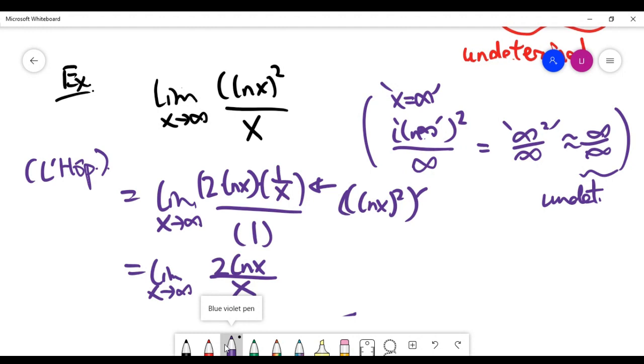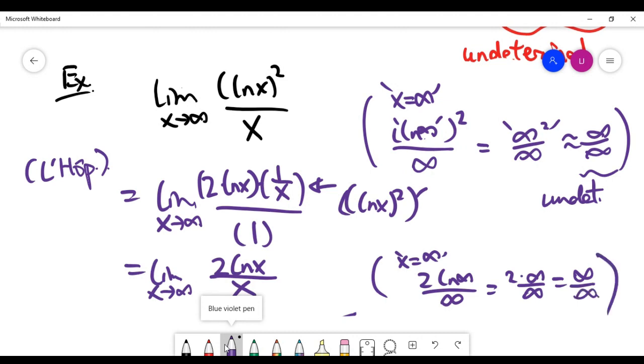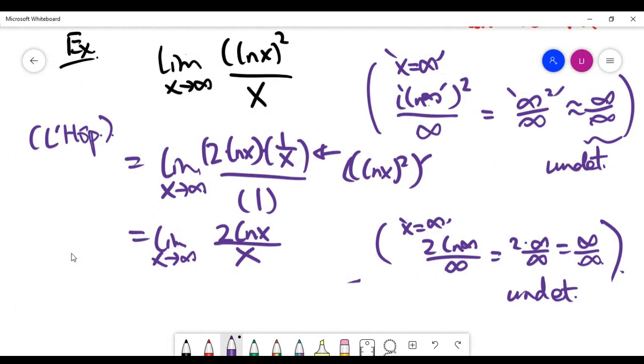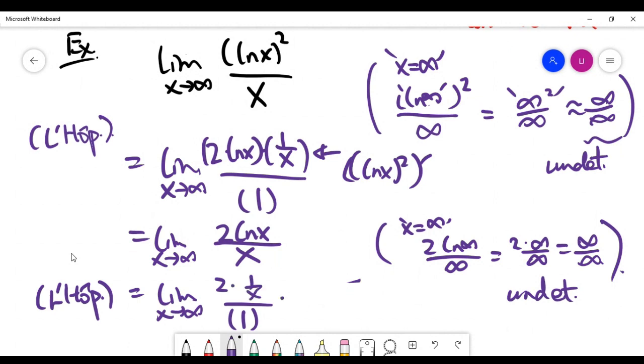And once again, if you replace x by infinity now, conceptually, you still have something like infinity over infinity. Which means once again it's an undetermined item, and you don't know the answer by this stage, but it doesn't matter to us because as long as we use the L'Hopital's rule, we'll see what's happening. So if you use the L'Hopital's rule now, for the top and bottom, we find the derivative separately. The bottom is 1, the top is 2 times 1 over x,